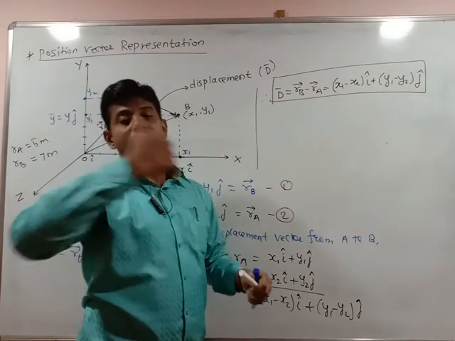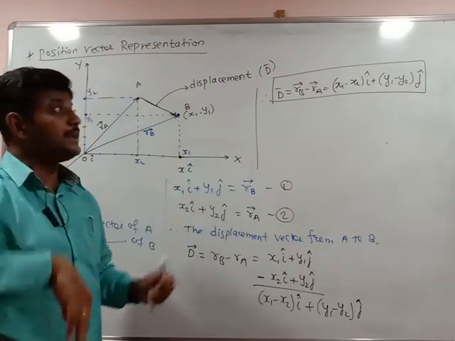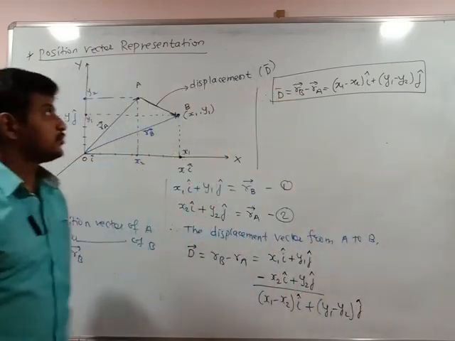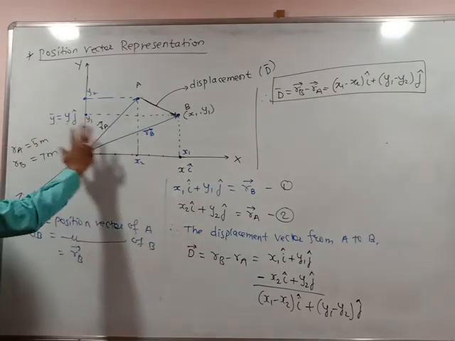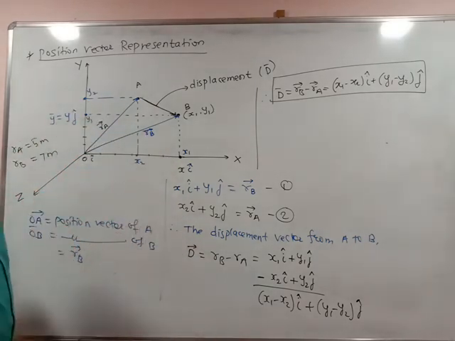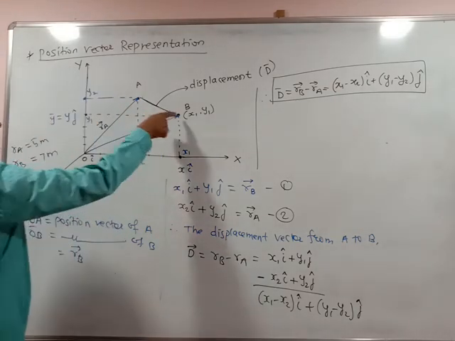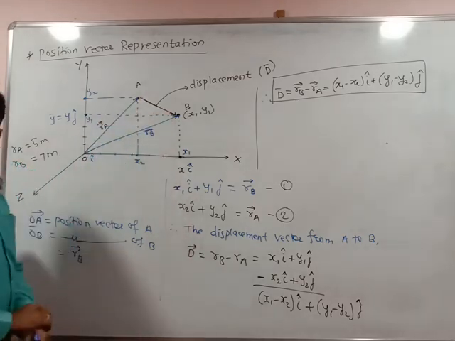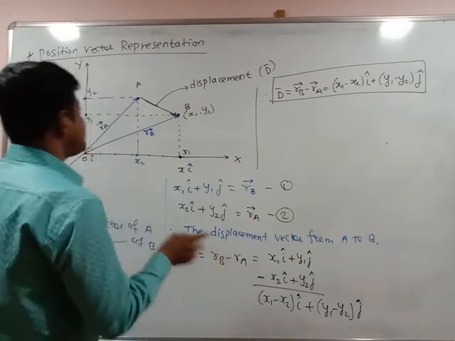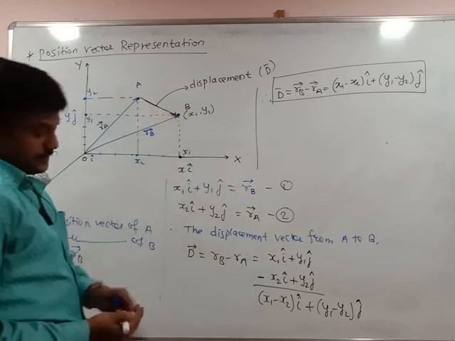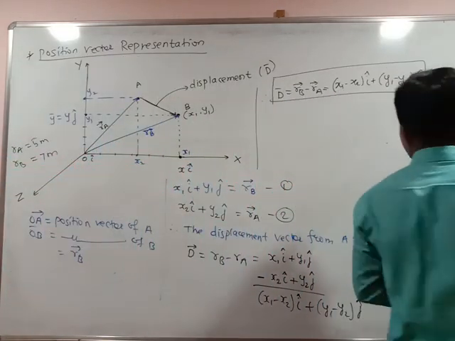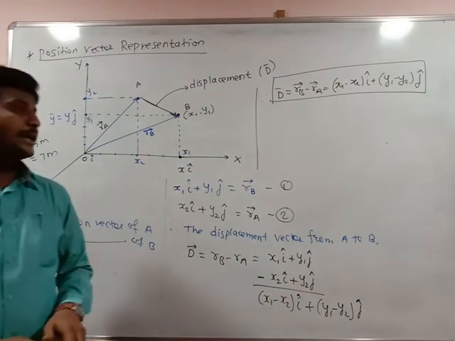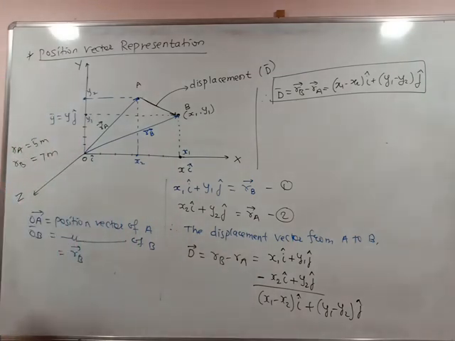If there were a third axis, the z axis, then your equation would be in terms of x, y and z, in terms of i, j and k. So this is just a simple vector, position vector representation. How to represent position vectors? This displacement is again said to be a position vector which shows the position of the object reaching from position A to position B. Okay, so here we can stop. In the next lecture we will see the concept of addition of vectors and subtraction of vectors.